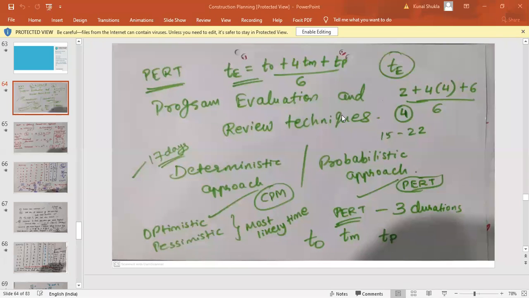Whatever construction I do on the first floor, will it be similar or mostly the same on the second, third, fourth floor? Yes or no? Yes. Right. So Pratik is telling yes. So that means, suppose the construction of a wall on the first floor is taking me 8 days, then the quantity of the work on the second, third, fourth floor will also be the same.